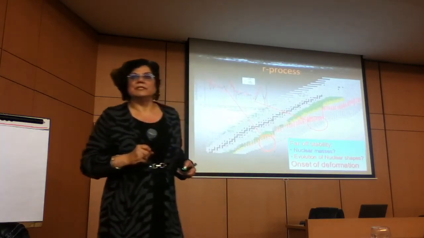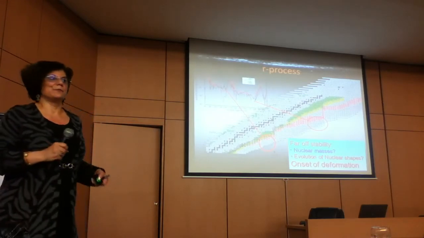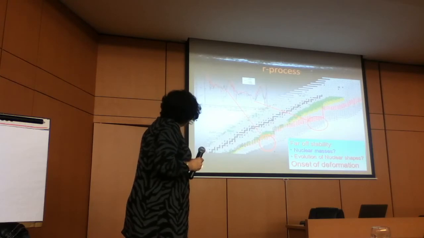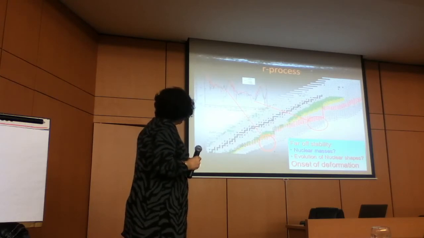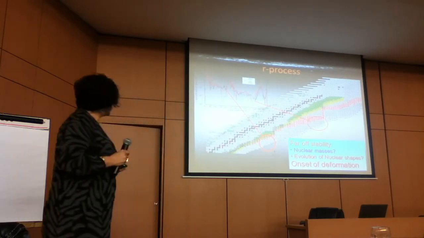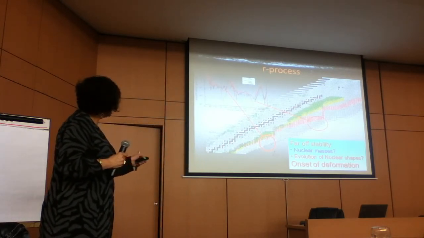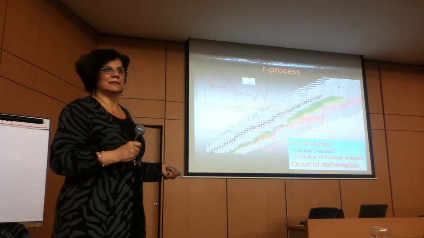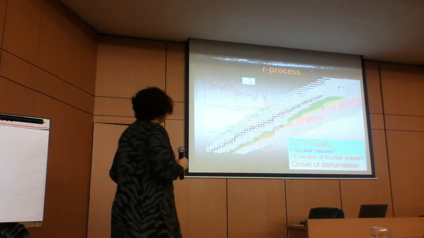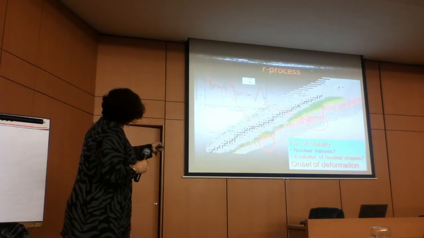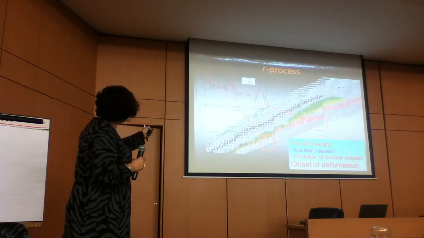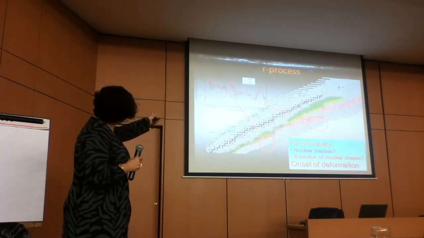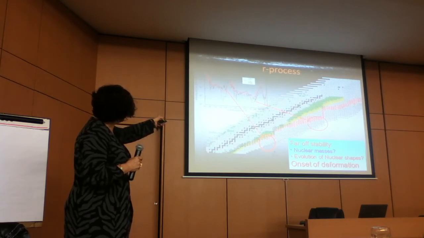So let's delve into the nuclear physics side. I mentioned that masses are important, beta decay rates, neutron capture rates, and so on. What is shown here is just a plain chart of nuclides. Black boxes are stable nuclei, and the orange set of boxes is a possible r-process path, a possible path that rapid neutron capture takes. But what is highlighted in the middle of this plot is solar abundances as a function of mass number. The black points are the observed solar abundances.